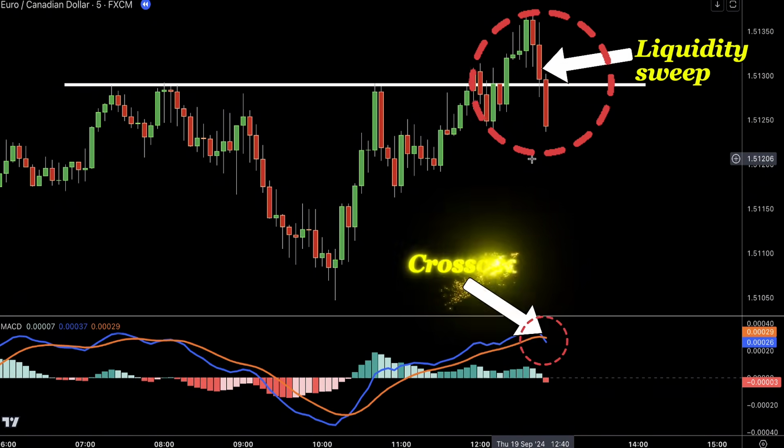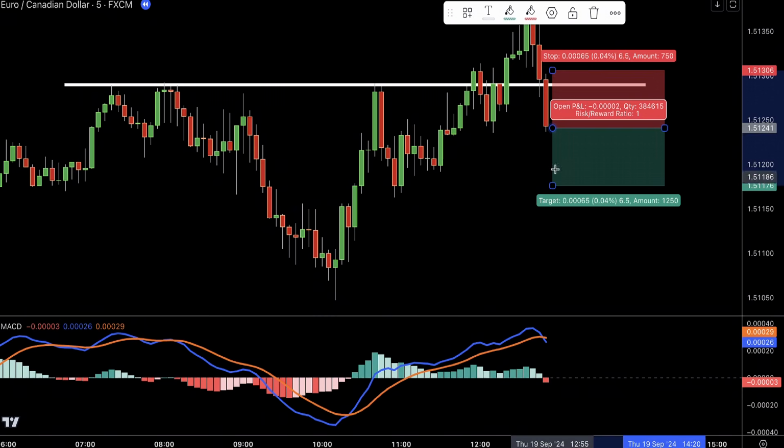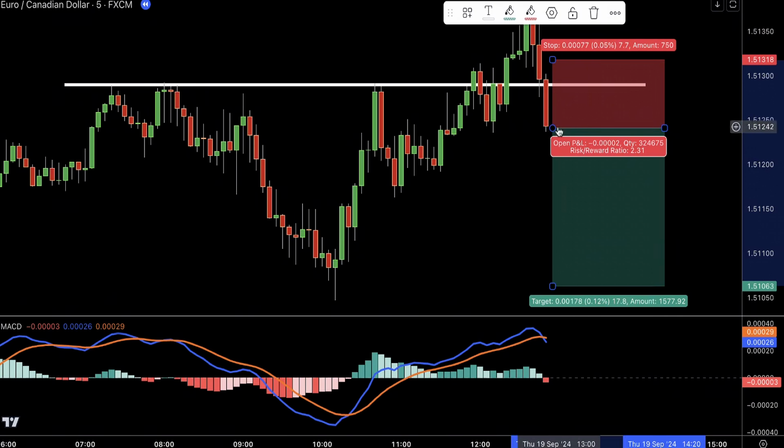Notice how the MACD line crosses below the signal line. This crossover generates a bearish signal, suggesting that downside momentum may be building. At this stage, we have two important confirmations: a liquidity sweep, signaling potential bearish intent; a MACD crossover, supporting a short trade opportunity. Entry: place a sell order at the close of the bearish candle that forms after the liquidity